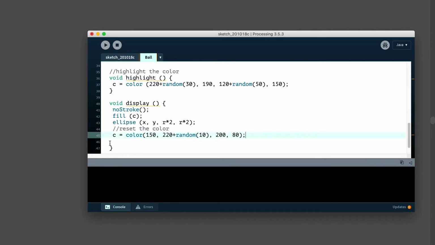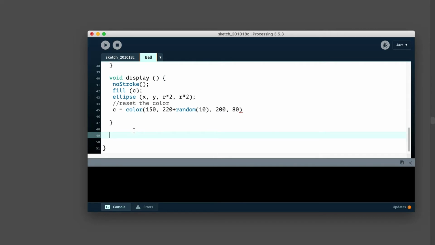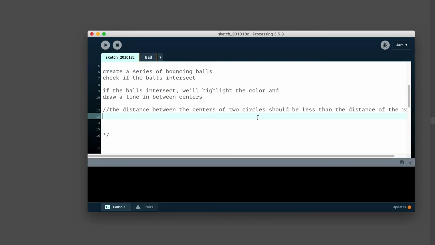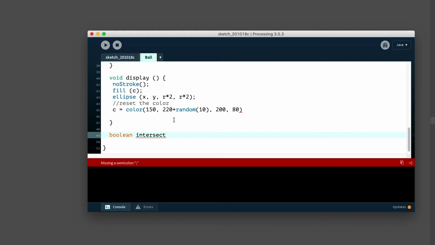We talked about figuring out if there is an intersection. So I'm actually going to write a function, or a method in this case, that's a Boolean. Again, to write a function, you write the return type. A Boolean is either going to give me a true or false. And what I'm going to do is, as we said, if the distance between the centers of the two circles is less than the distance of the radii, then we'll make sure that intersect is true.